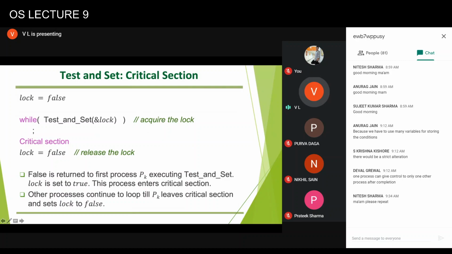So initially lock is equal to false. Before a process enters a critical section, it will try to acquire the lock, then execute the critical section, and then release the lock. So naturally, the very first process which tries to acquire the lock will receive false and will continue to the critical section. All other processes will have to wait. Once the first process that has acquired the lock releases the lock, then one of the waiting processes will be successful. And because this instruction is atomic, only one of them will become successful, while others will have to wait. So this is how the solution will work.